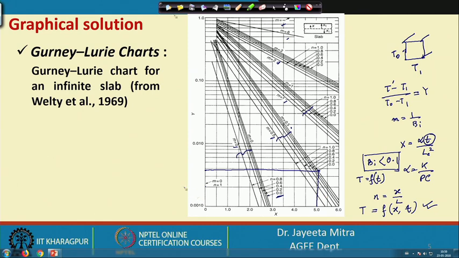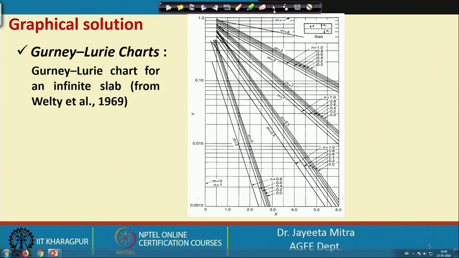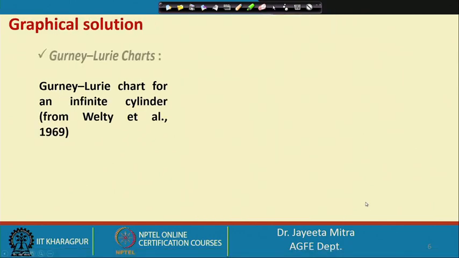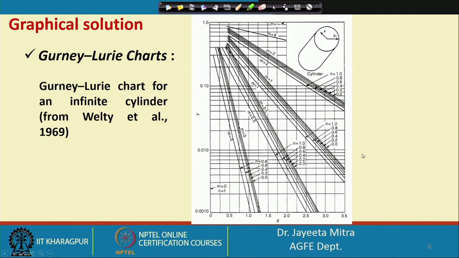From this we can again move on to the next chart, which is the chart for infinite cylinder. So, this is the chart for infinite cylinder, in a similar way as we have analyzed for the infinite plate. Here is the value of x, which is Fourier's number, here the y value, here the m value which is 1 by Biot number, and the n value which is x by L. So, the x is signifying the radial distance of the cylinder.